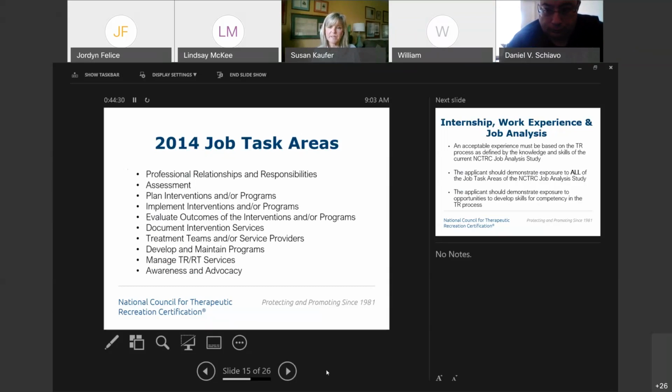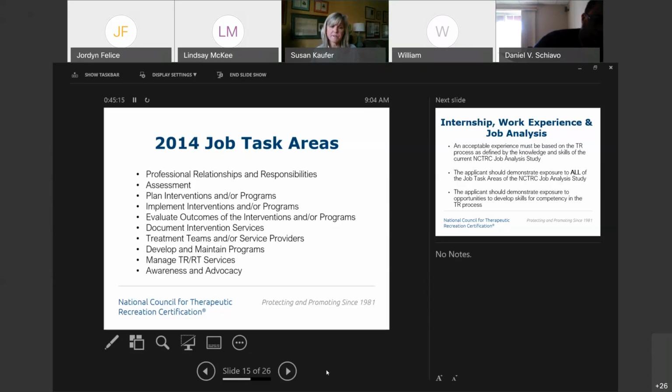For a student who is in an internship, we're asking that you have exposure to each and every one of these job task areas. So if you are a supervisor and you're looking at these job tasks and you say, oh, I know that we do the majority of these tasks in our roles, just know that it is going to be your responsibility to provide that exposure to your students during the internship process. The students are going to be reporting back to us that they have had exposure to all of these roles. Perhaps you might be in a community setting compared to a clinical environment.